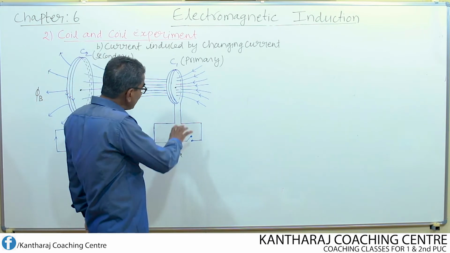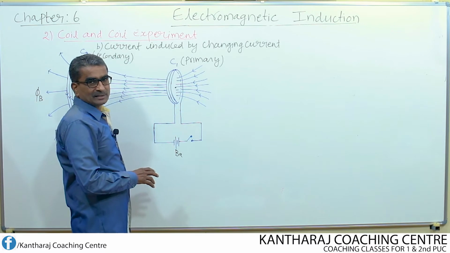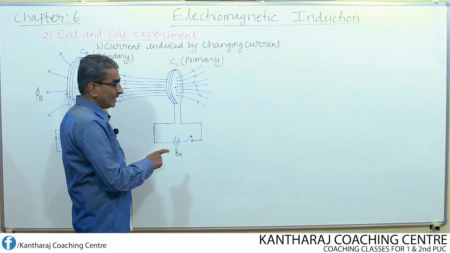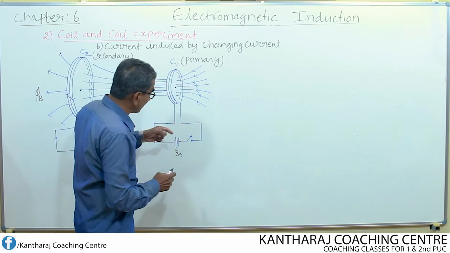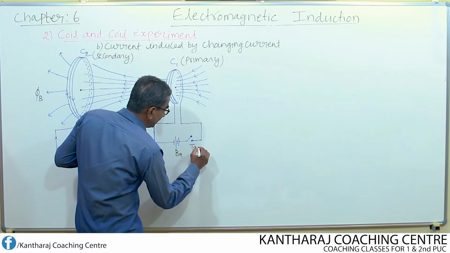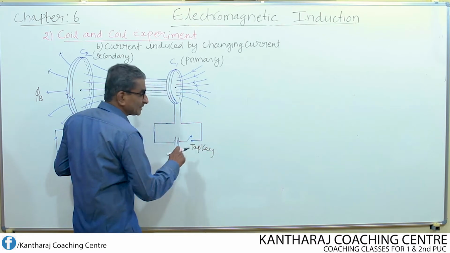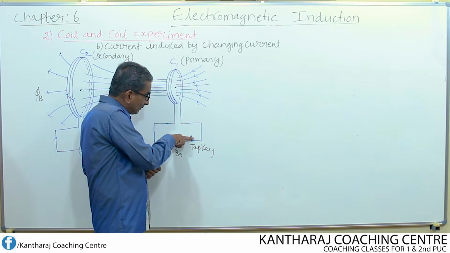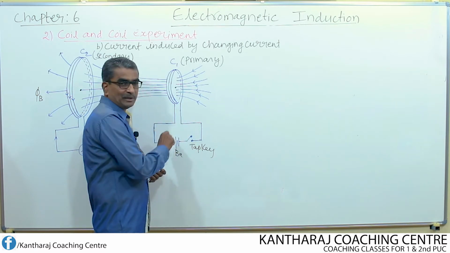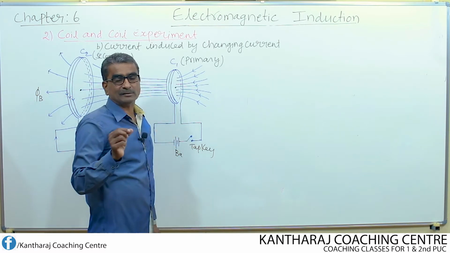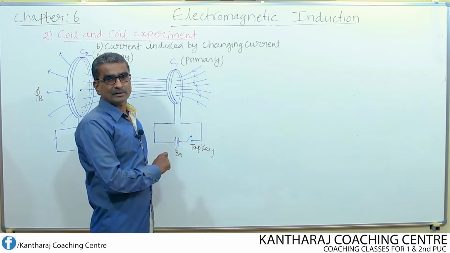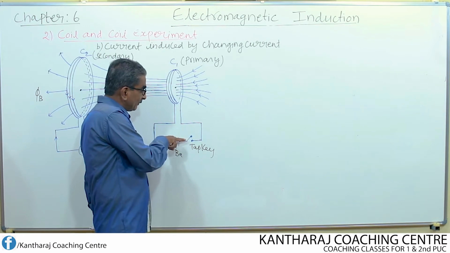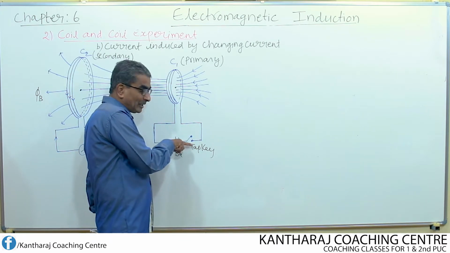But how do we change the current here? See, there are different methods. Either we can make use of a rheostat, or we can make use of a key known as tap key. Tap key means pressing key. As long as you keep it pressed, the circuit remains completed. This key works based on spring action, so that is why it is considered a tap key. If you want to close the circuit, we must keep it pressed.